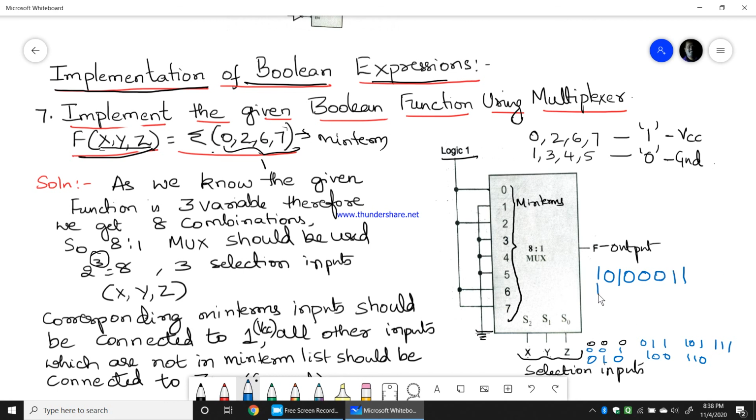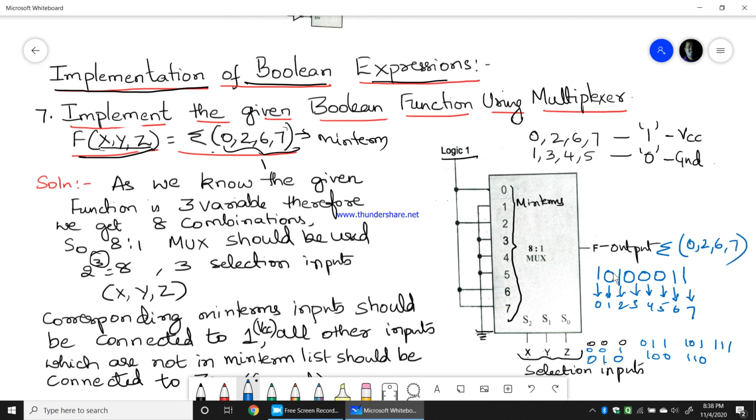For all ones, 7 is selected, 7 is 1. So therefore this is 0, 1, 2, 3, 4, 5, 6 and 7. Therefore I can easily write this as summation of 0, 2, 6, 7.